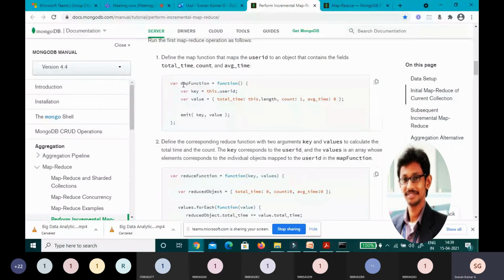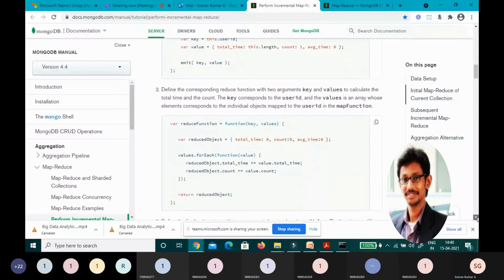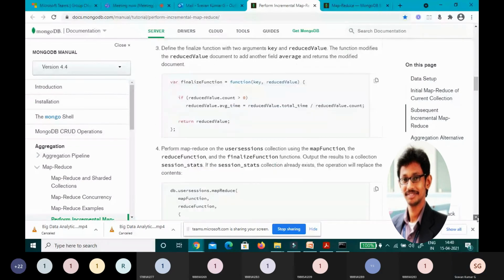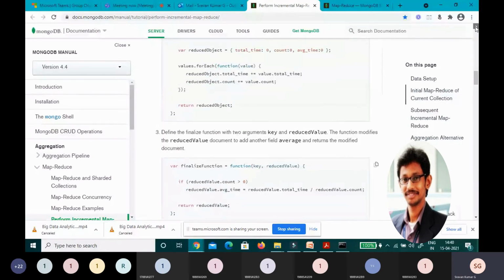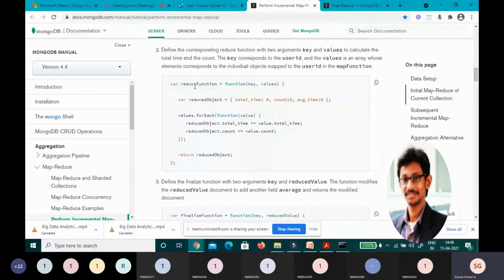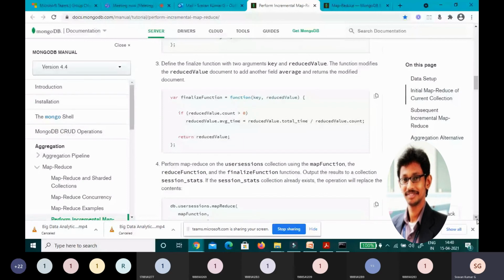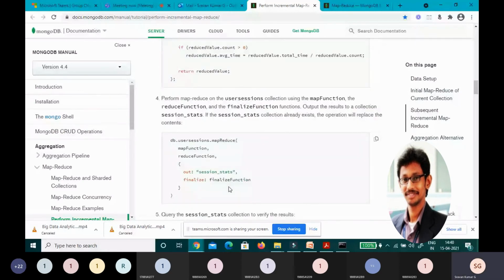Even the reduce function, which I wrote earlier, I'm also calling. Now I'm calling the finalize function. I'm calling all three functions in the mapReduce method.